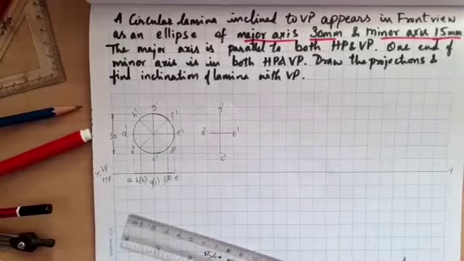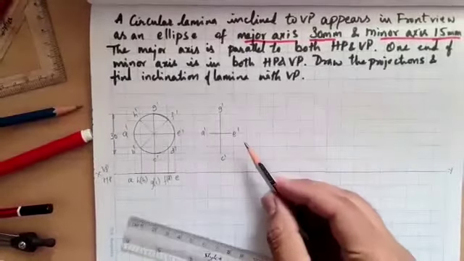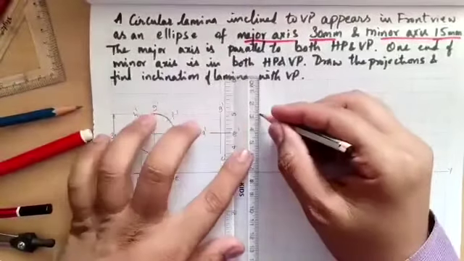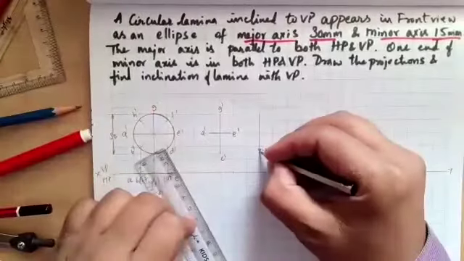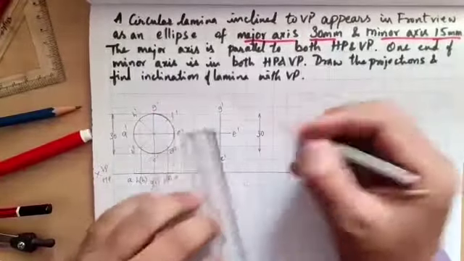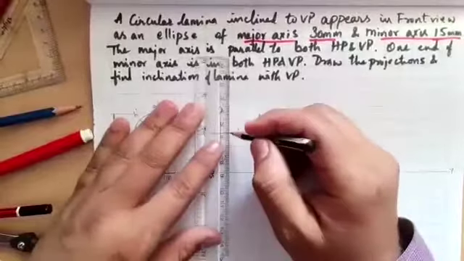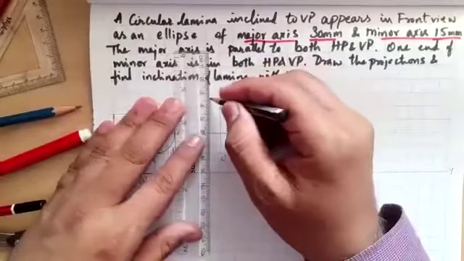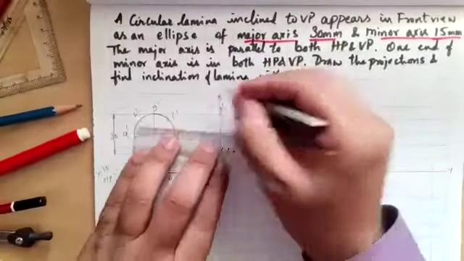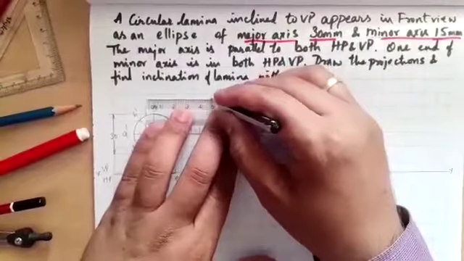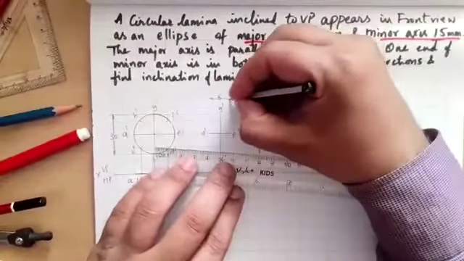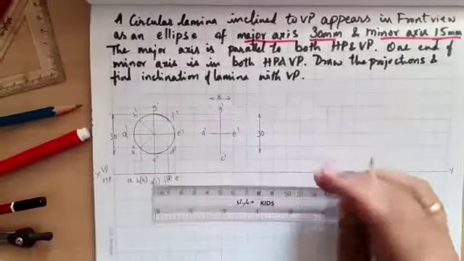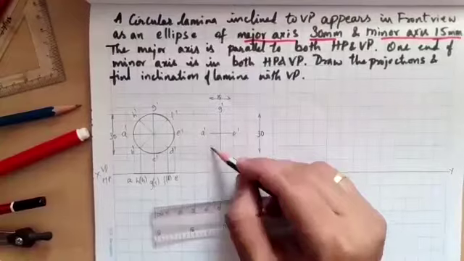So A dash and E dash position is obtained in the front view as the major axis of how much? Major axis 30, and as 30 was obtained, so this is 15 from here to here. I am going to dimension 15 later. I am going to draw the extension lines later. So this is a 15 by 30 ellipse that I have got. I don't know the position here, H and F and B and D.